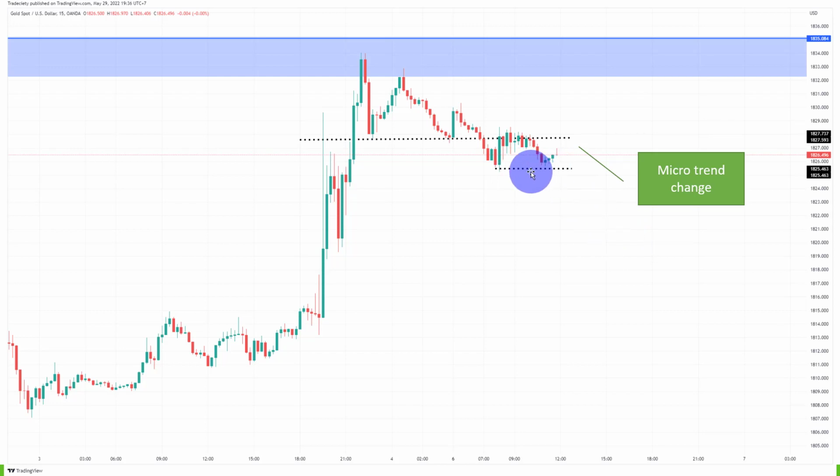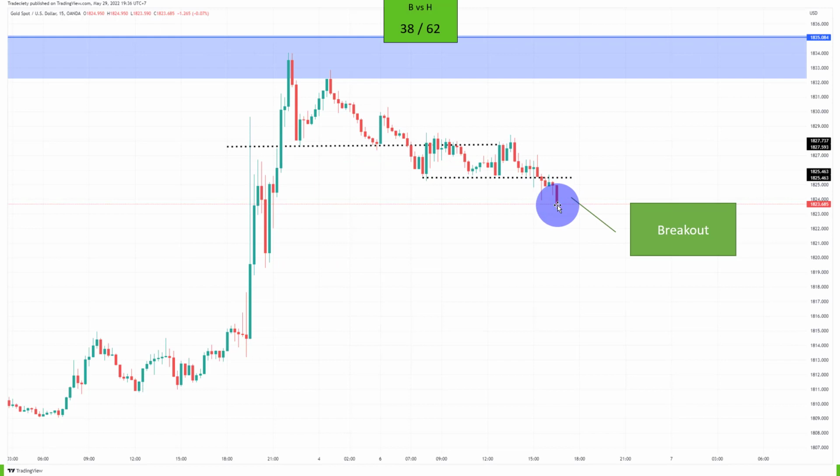So at this point, I would say it's really likely to see a bearish continuation if, and that's a big if, we get a breakout below the lows. That would be my final piece to the puzzle. Again, I would not be long at this point, I would also not be short, but I would be way more interested in getting short if we break this low, which happens here. From my experience, this is a very common breakout pattern. I would say it's very likely that we're going to see a move at least into the previous lows